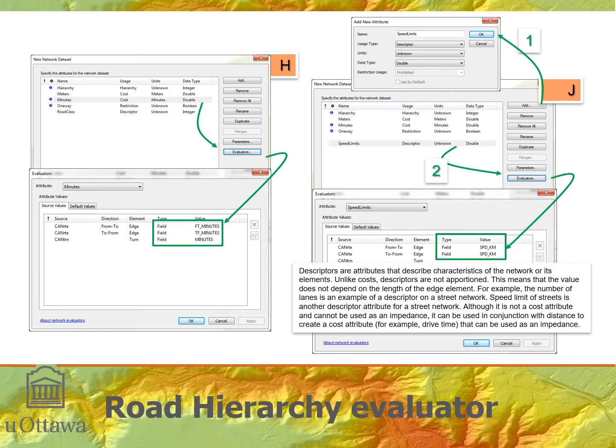Then we can also add another attribute called a descriptor such as speed limits. So we do have a column that is the speed in kilometers per hour for each road, but we can also add that just as a descriptor for the network. And so we call it speed limits. We choose descriptor. It's not a cost. And descriptors are things that describe segments or edges in the network, but do not depend on the length of things, the way time does, for example. So there's something that applies to the whole edge, but is non-dependent on